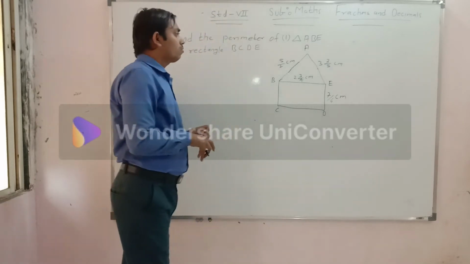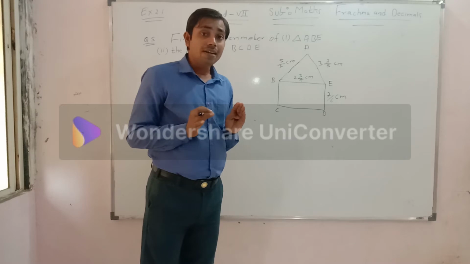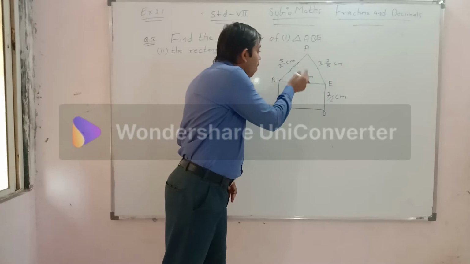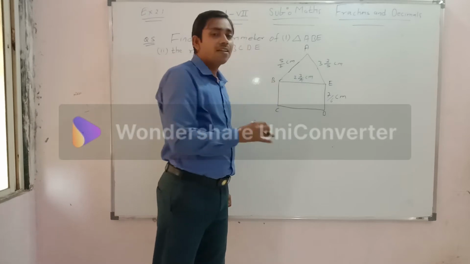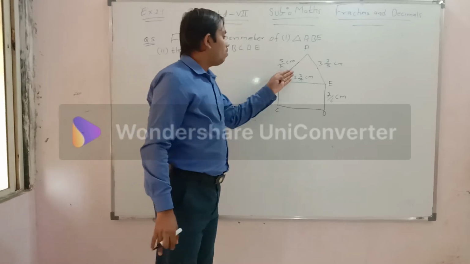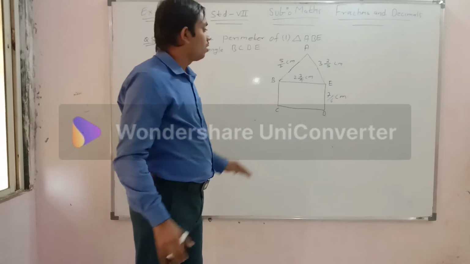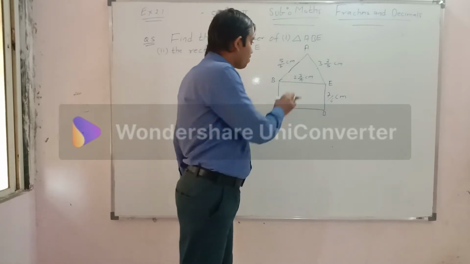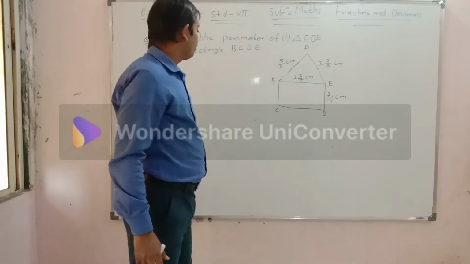Okay, my dear students. So, what do we mean by perimeter? I already told you in the earlier lecture, but let us recall it once again. What is perimeter? Sum of all sides. The sum of all sides of a geometrical shape is called the perimeter of that shape. So now look at this one. First let us find the perimeter of the triangle. How many sides are there, my dear students? There are three sides and all three sides are given. So let us write down the perimeter for this triangle.